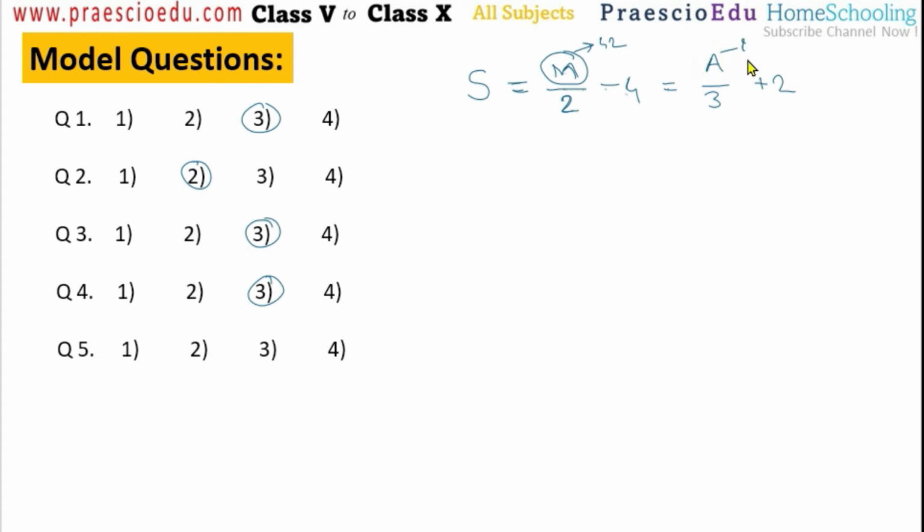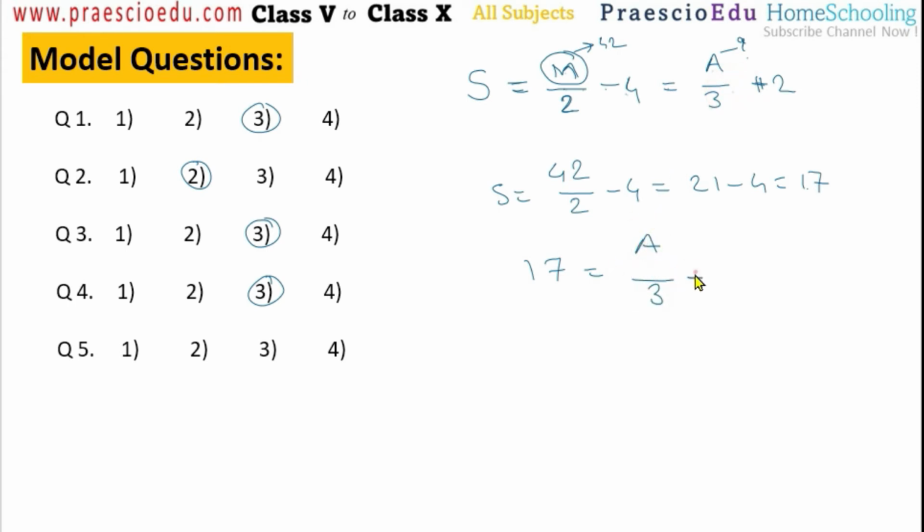We have to find the aunt's age first, and after that, for 2 years ago, we have to subtract 2. We know M is 42, so 42 divided by 2 minus 4: 42 divided by 2 is 21, minus 4 is 17. So the son's age is 17. It is the same with the aunt's age: one third of the aunt's age plus 2. So 17 equals, comparing with the aunt's age,